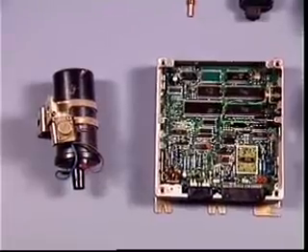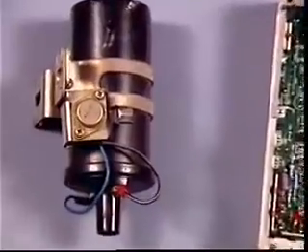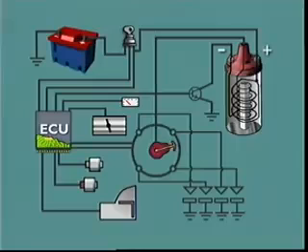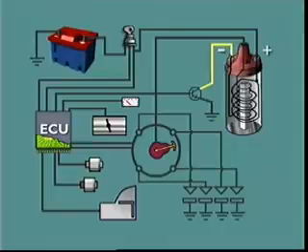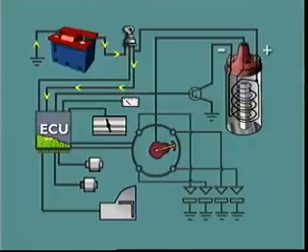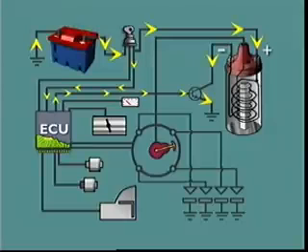It then switches the primary circuit on and off by controlling the operation of a power transistor mounted close to the ignition coil. The power transistor has its emitter connected to ground. The collector is connected to the coil negative terminal, and the base is connected to the control module. A voltage applied from the module sends a small current through the base emitter portion of the transistor to switch it on. Current can then flow from the ignition switch through the coil primary winding and the collector emitter to